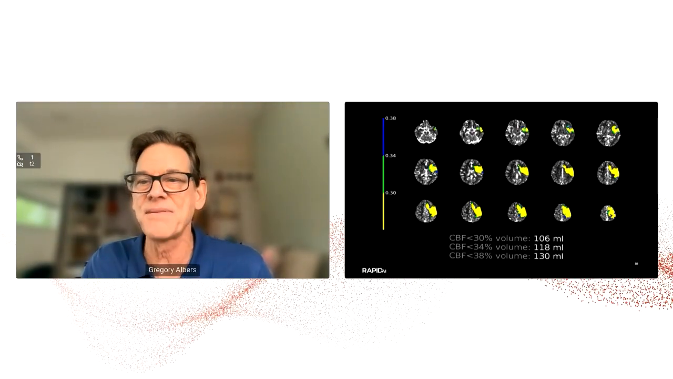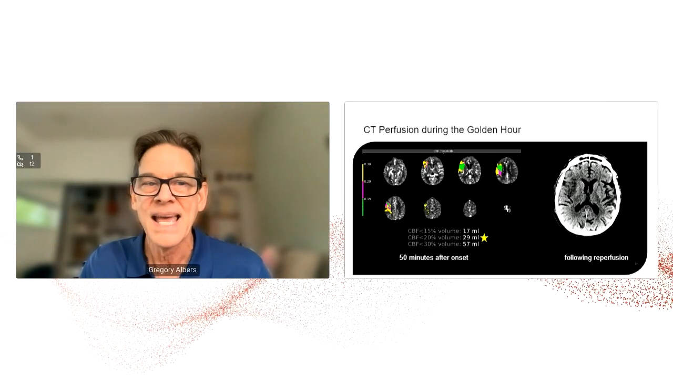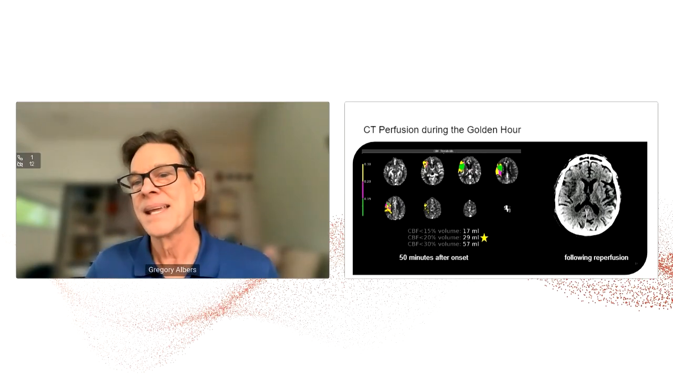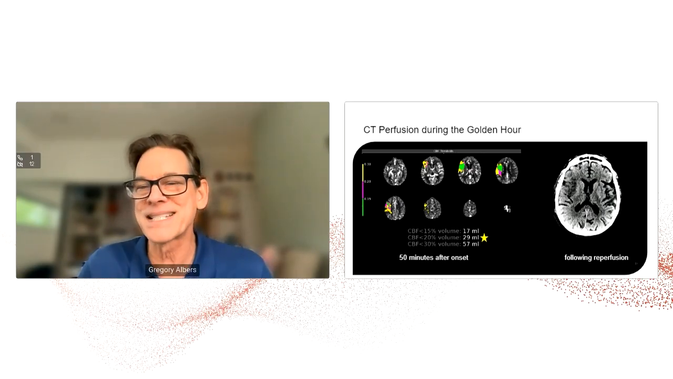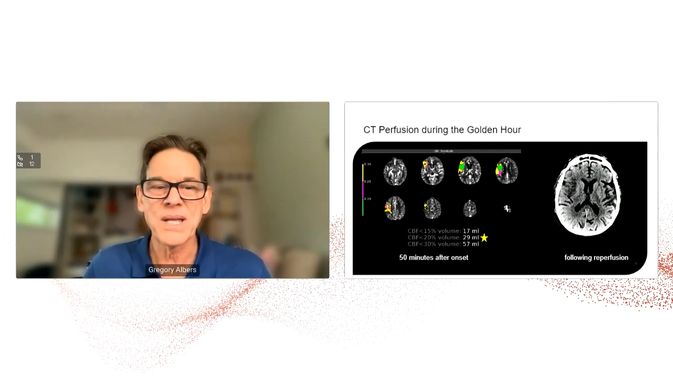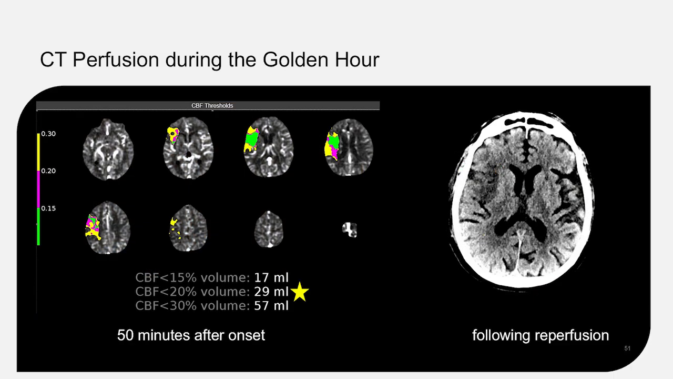We want to use an even more conservative threshold, and that's the golden hour. And we define the golden hour generously as 90 minutes rather than 60 minutes. So if a patient is scanned within 90 minutes, we're going to use the 20% threshold. So an even more strict definition of core, because to kill brain tissue, you need low CBF for an extended